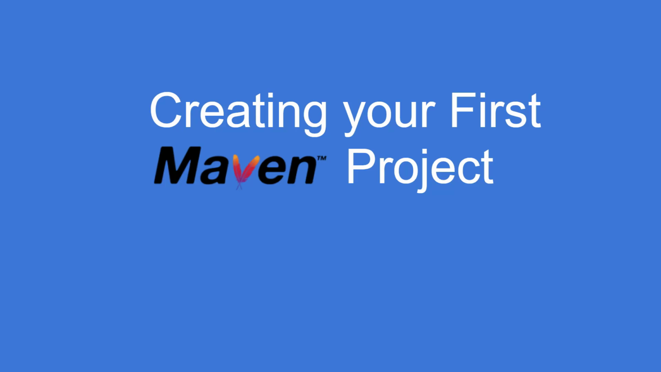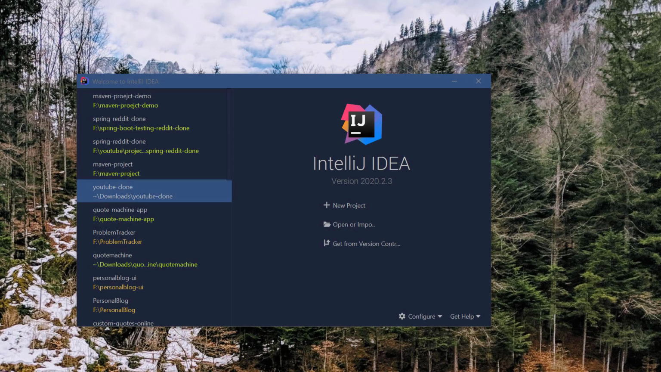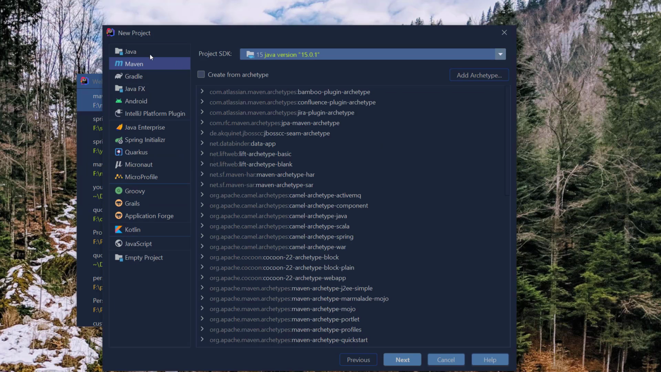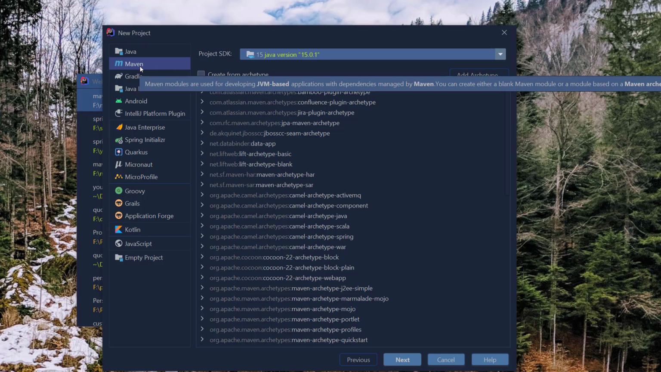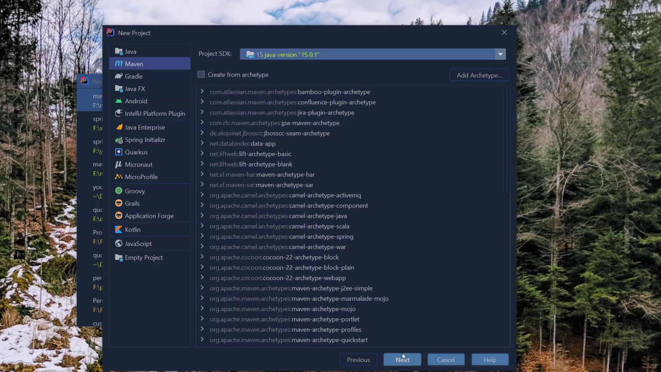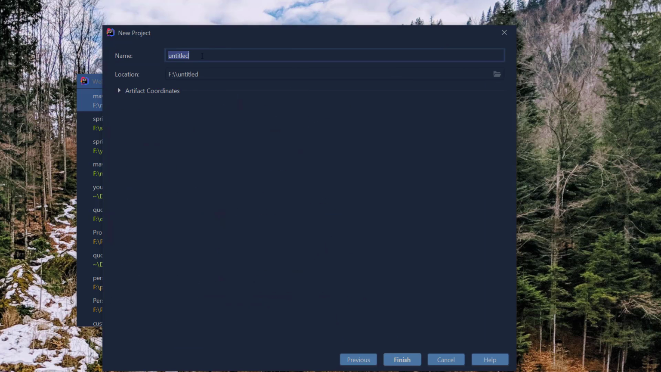successfully. So now it's time to create our first Maven project. We're going to use IntelliJ IDEA to create the Maven project. After you open IntelliJ IDEA, in the welcome window I'm going to click on the new project button. This will open a new project dialog box, and on the left side I'm going to select the option Maven and click on next. In this next window, we are going to provide the name of the project, Maven project